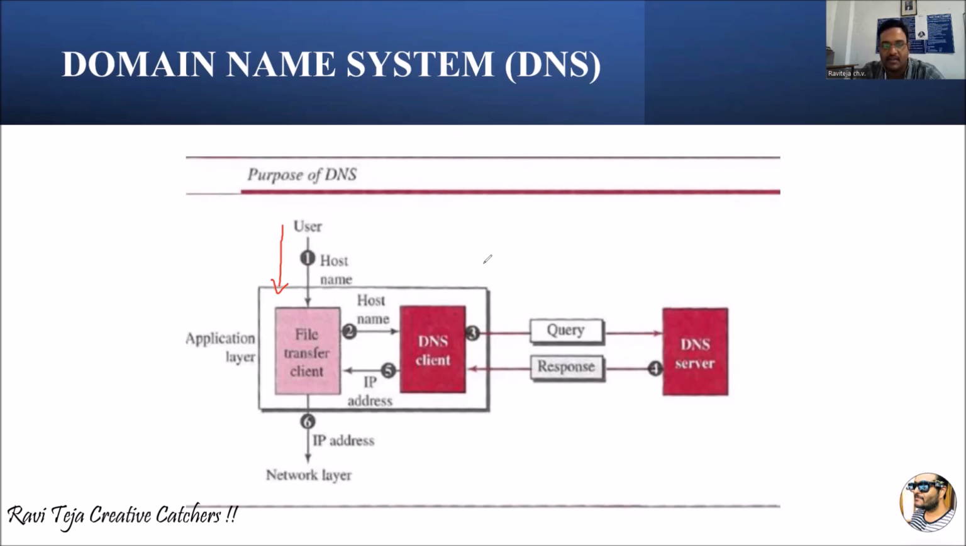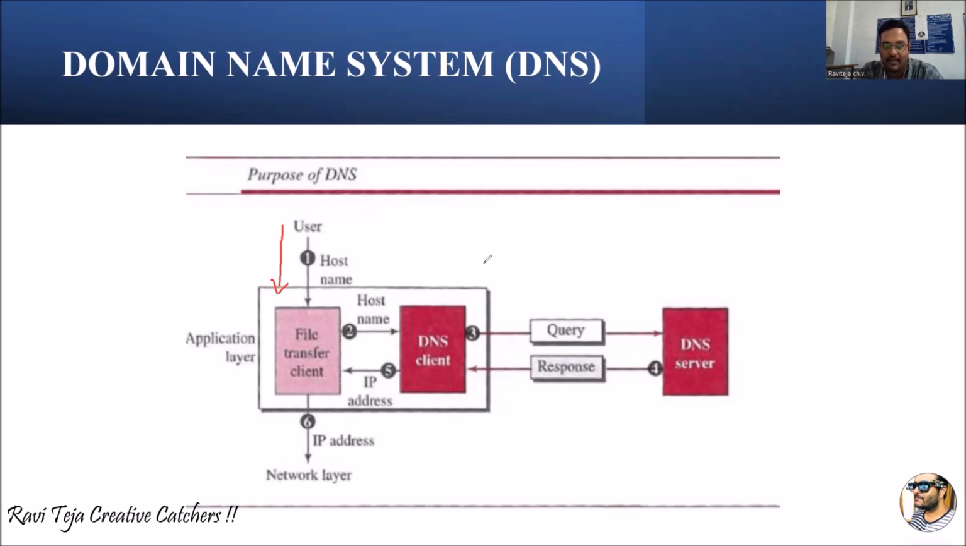This file transfer client forwards that data to the DNS client. Now here the domain name system client gathers all the searched information, and it checks within its server, the DNS server. Whenever the DNS client sends a query to this server, the DNS server will search for the required